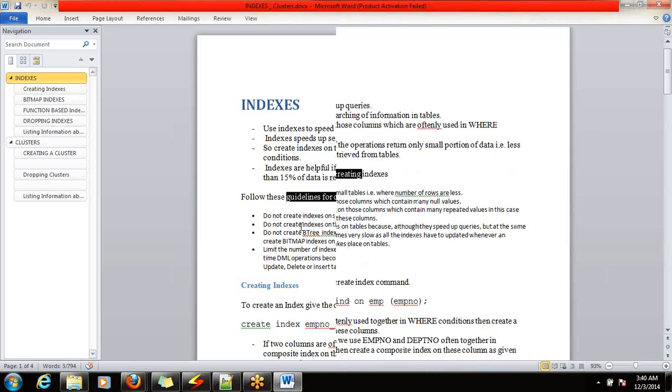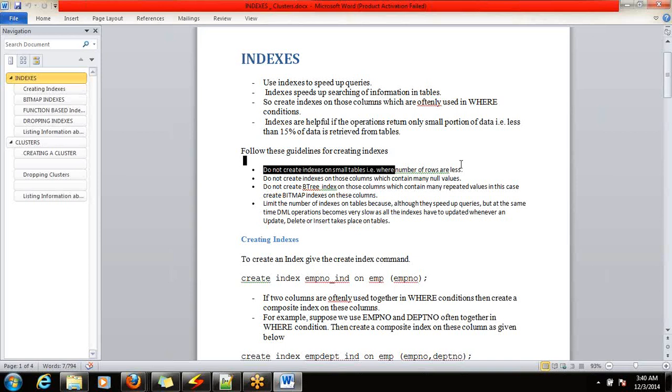Do not create indexes on small tables where the number of rows is less, because it will not give any performance benefit. And do not create indexes on those columns which contain many null values, because it degrades the performance. Then, there are various types of indexes like unique index, B-tree index, bitmap index. Among them, do not create B-tree indexes on those columns